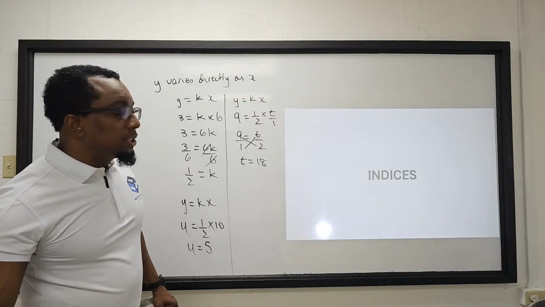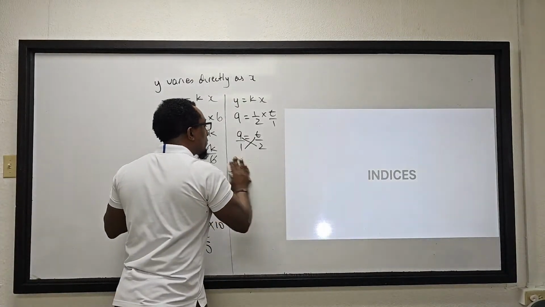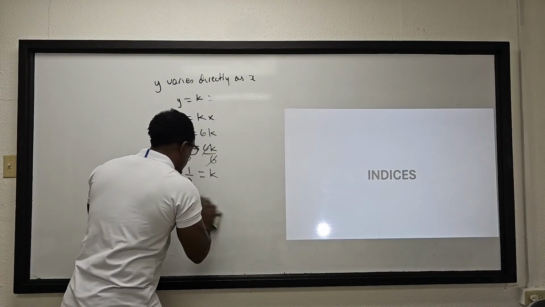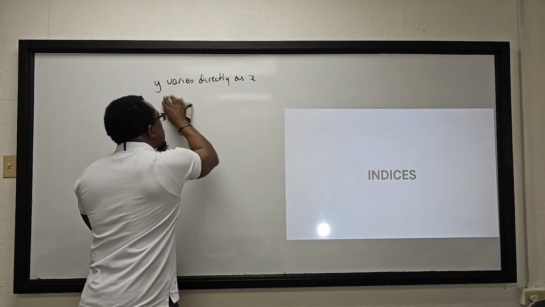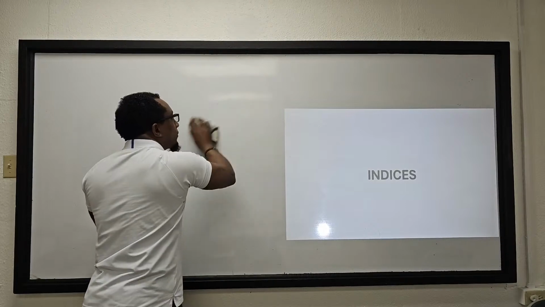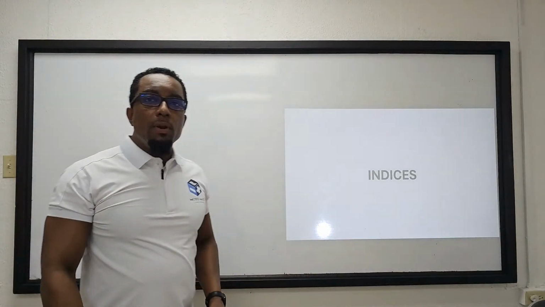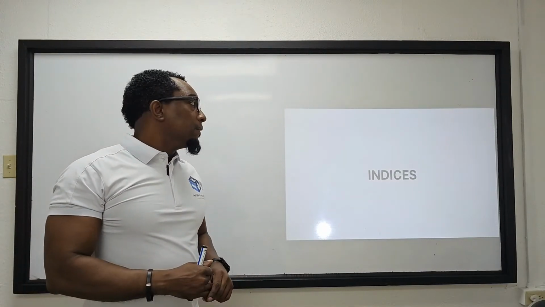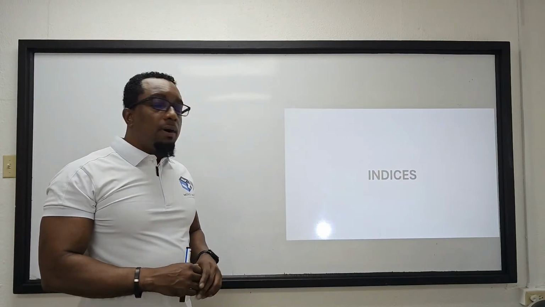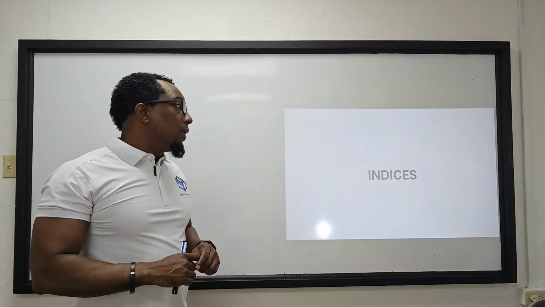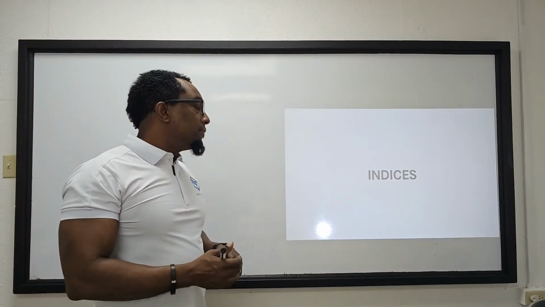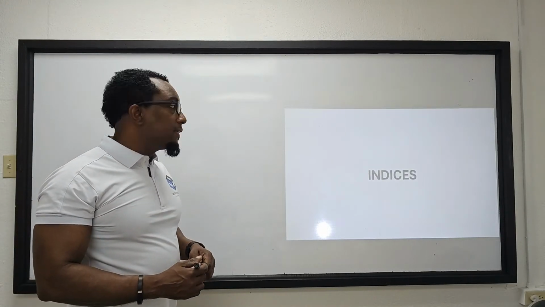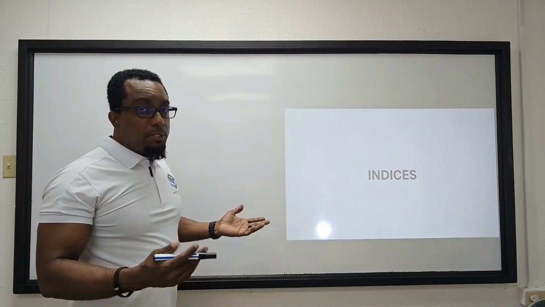Right? So let's jump into indices. So now with the indices, we have to make sure we know the laws of indices. There's a law of multiplication, division, the law when the power is 0, the law of what we call power to a power, the law of the negative index, and the law of the fraction index. Right? So you have to make sure you know our laws of indices. Okay? So just to quickly go through the laws: